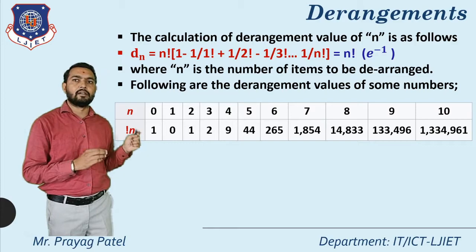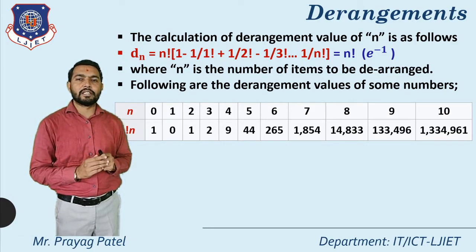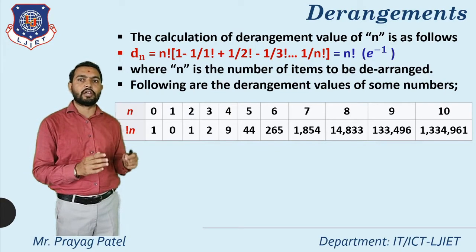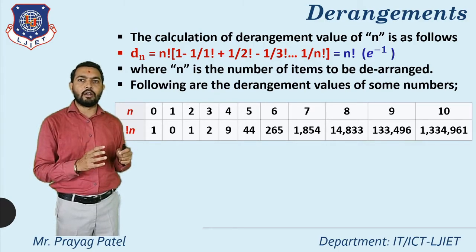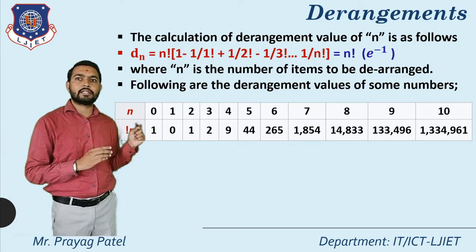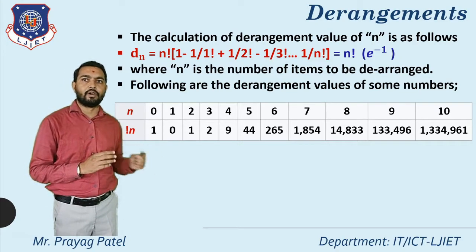So for example, here the number is 0. That means zero numbers are available. Then how many ways can we arrange this? Here we can say that the null value is available, so we write the null in one way. So for this dearrangement we write the value as 1.